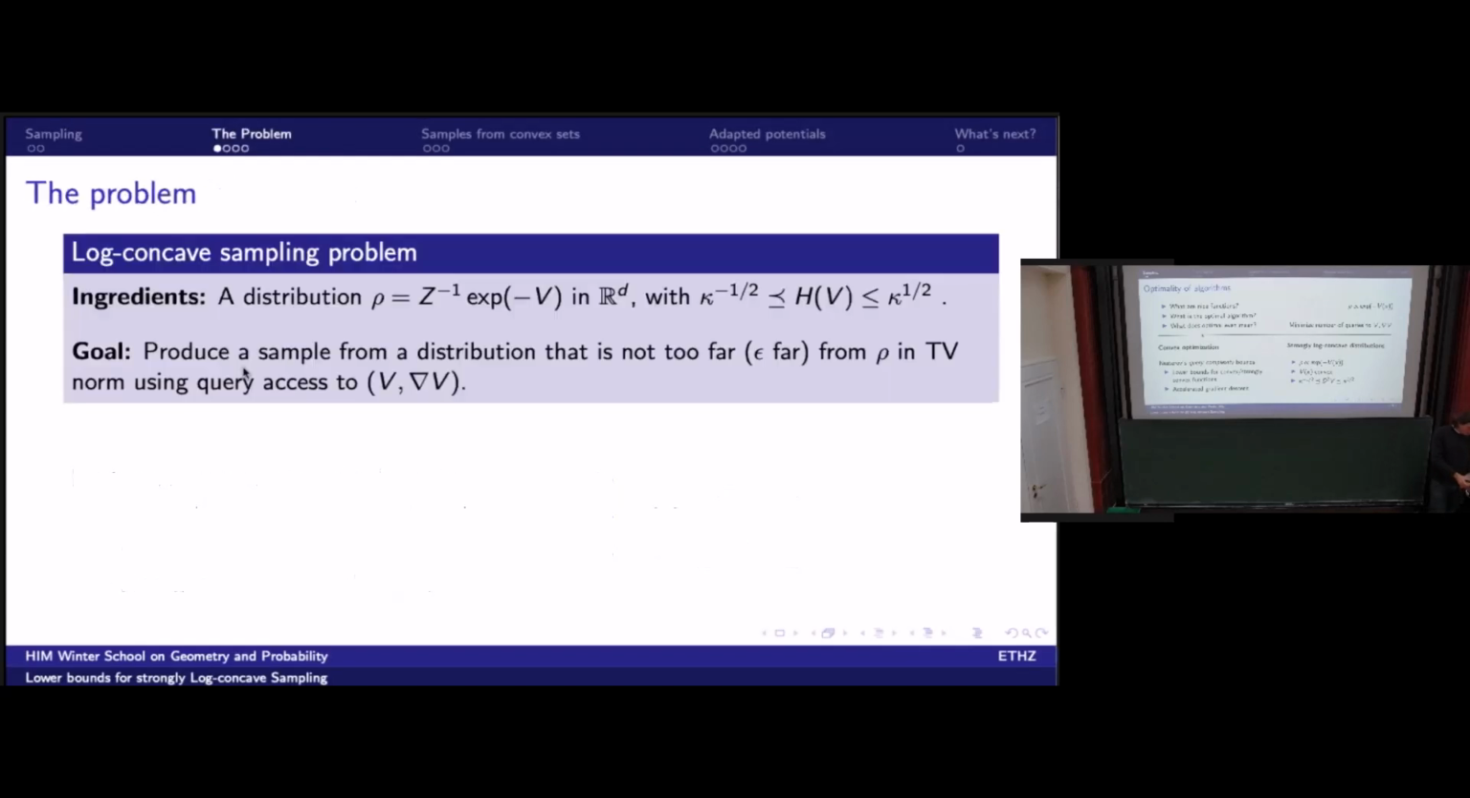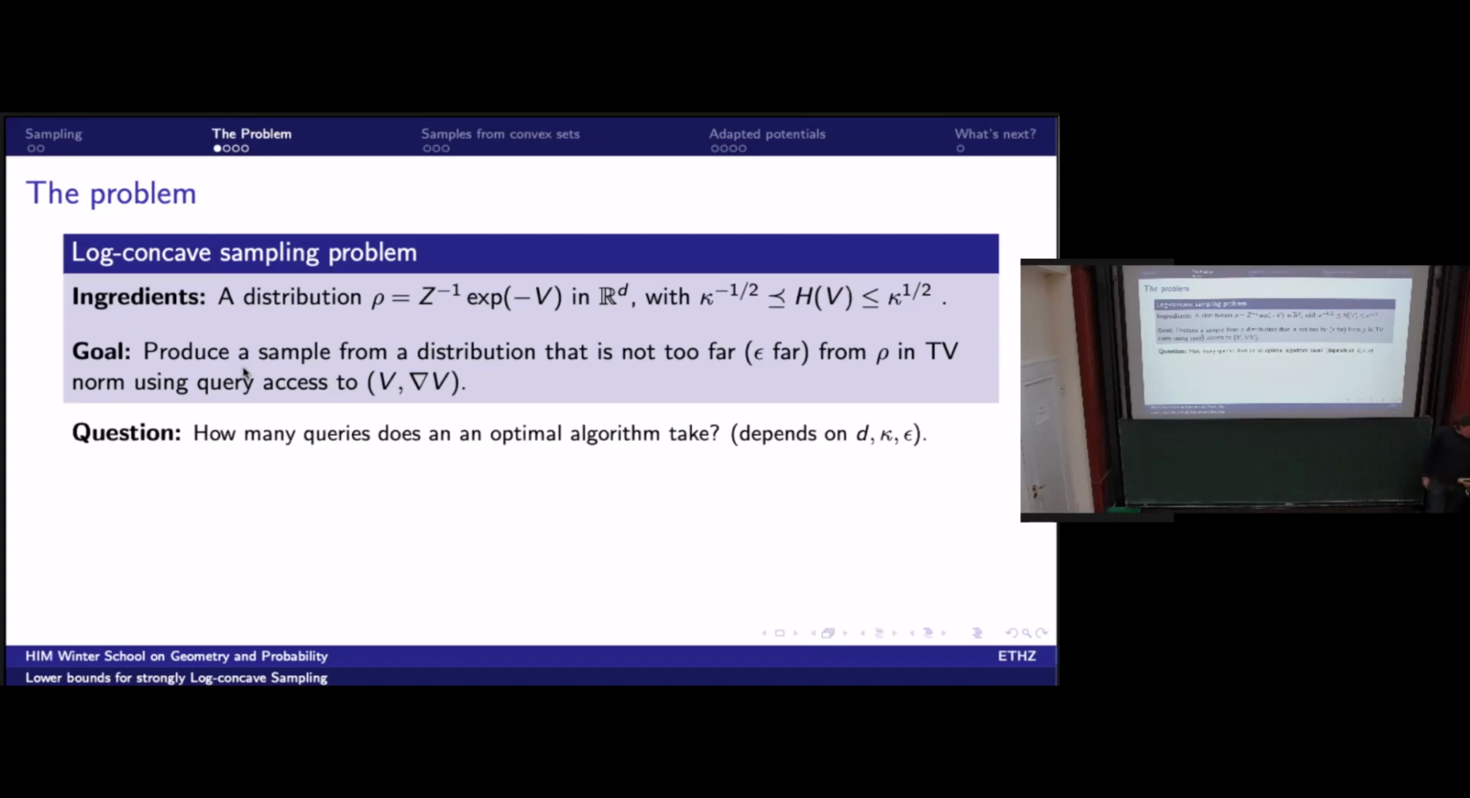Okay, so now we can state the problem exactly. I have a distribution, strongly log-concave, and I want to produce a sample that's not too far in TV. Why TV? It doesn't matter. It turns out that if you pick Fisher, Wasserstein, anything else, you can prove exactly the same theorems. And using query access to V and grad V, the question is, how many queries does an optimal algorithm take? And that's going to depend on the dimension, and on how bad my distribution is,